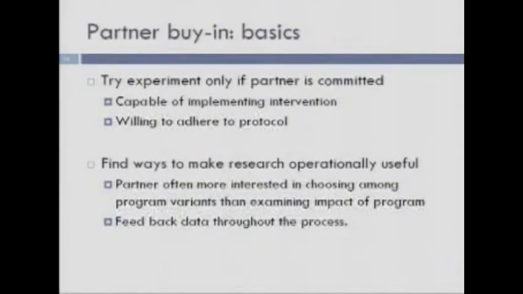Okay, so I've sort of gone through a bunch of methods of how you can design the randomization. Okay? Let me turn to another topic: how do you convince the partner and others to try an experiment. So one thing I think is quite important in this social experiment context is you really need to make sure your partner is committed before you invest a lot of resources in this. Right? I've argued there's a lot more willingness to do this among partners than we thought 20 years ago. But at the same time, these are not easy, these do put demands on the partner.